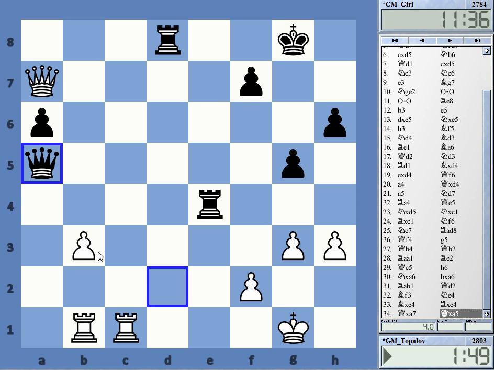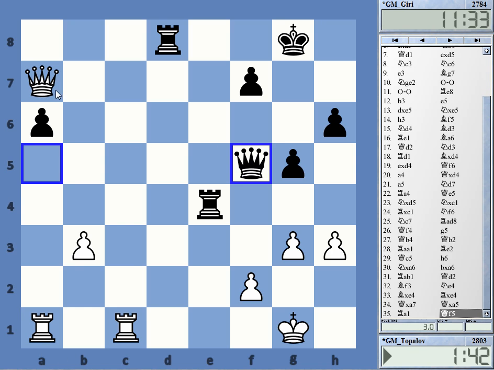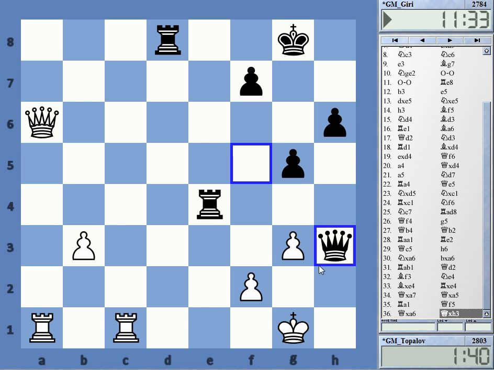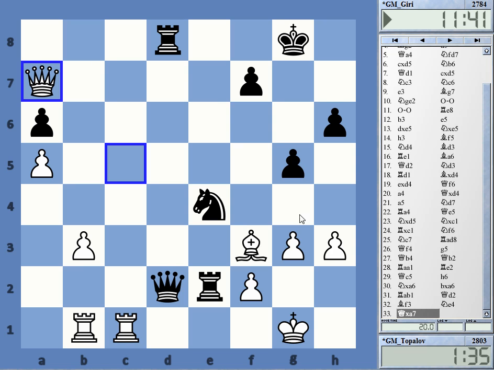Yeah, you can, no, not this one, but maybe rook a1 you can do. Yeah, queen f5 or something. It's just going to be a draw. Nothing will happen here. And Topalov certainly saw that, of course. He's a great player. But the thing is, there is also a different possibility, and this is knight takes a7,